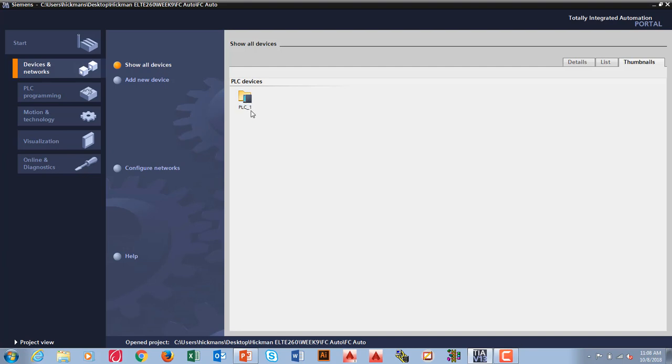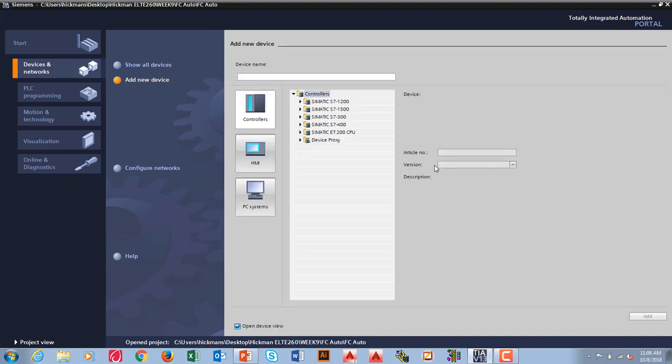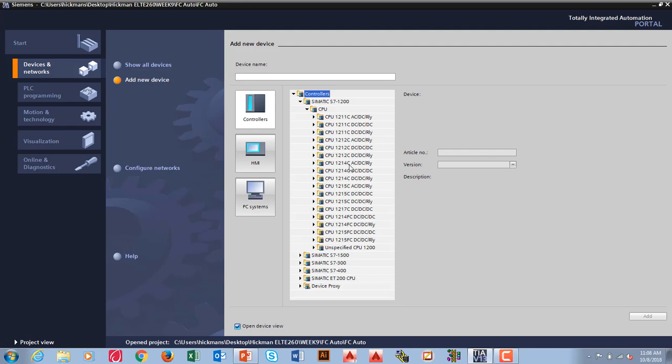You added a PLC, a 1214. You had to definitely be sure that you picked the right device here. CPU, we were 1214 somewhere down here. That got added to the machine, to the project, and then from there it automatically launched into your project view. Okay, so I've already done all that, and I'm not going to add another CPU because I already have one,